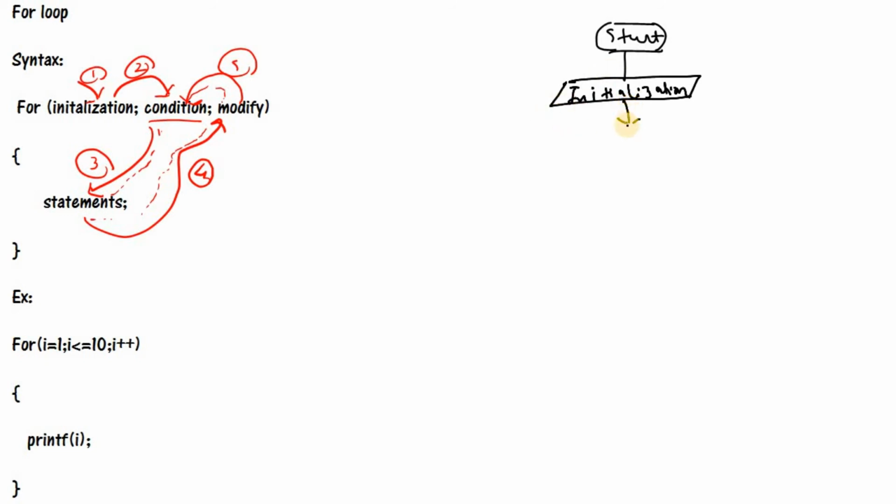After initialization, it will check the condition. We need to represent it with the help of a diamond shape. This is the condition. After that the control moves inside.